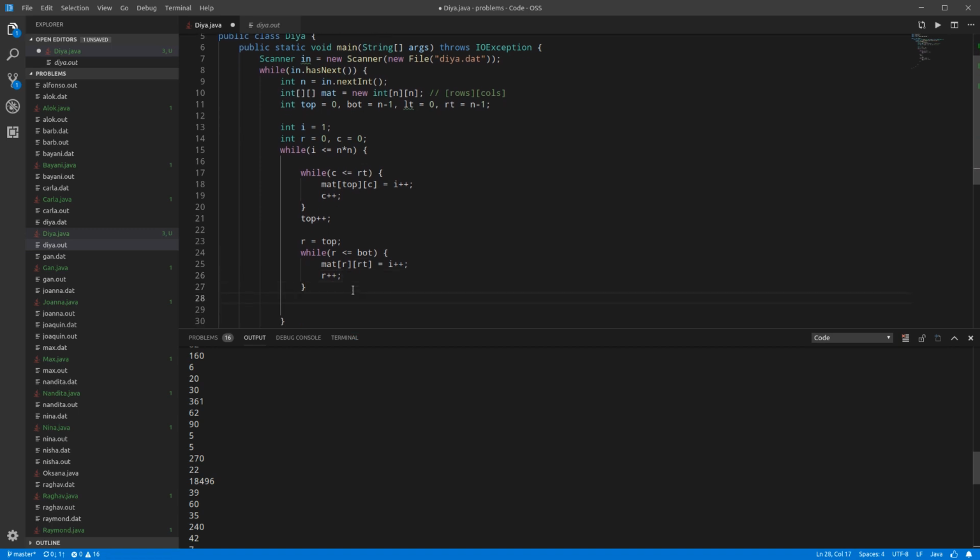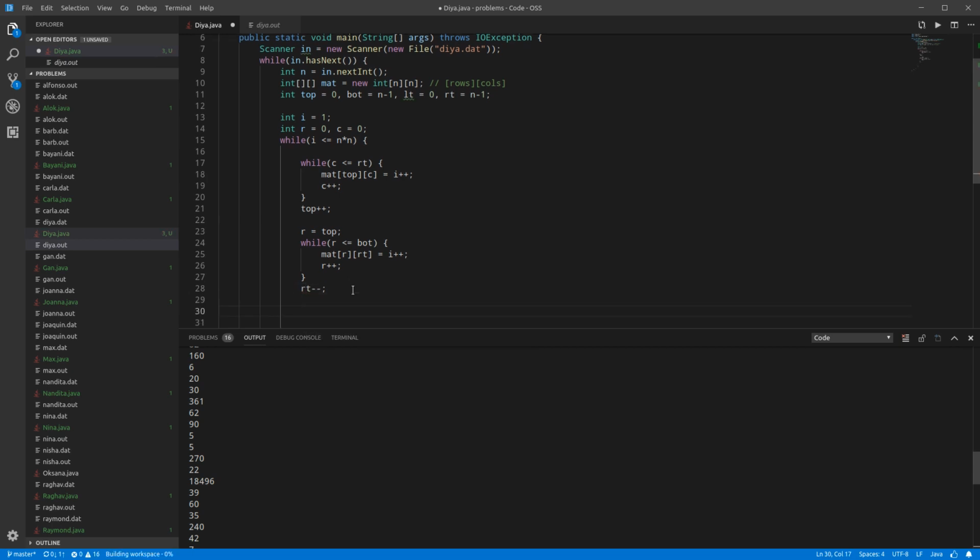When we hit that, we'll say right minus minus. Okay. Then we'll say column equals right,